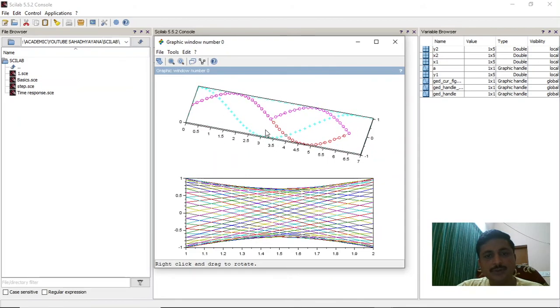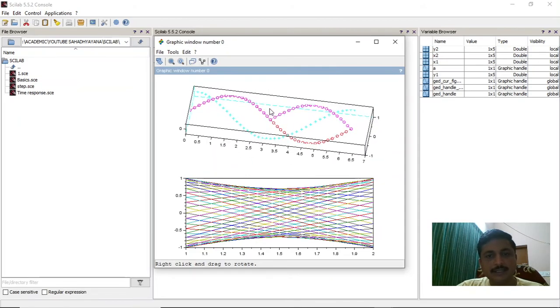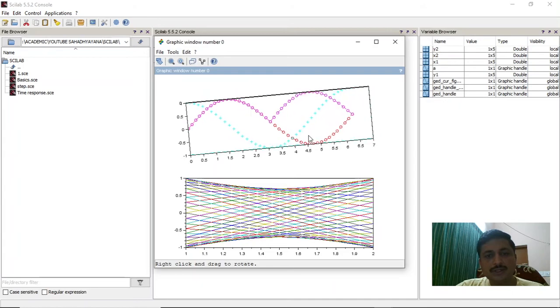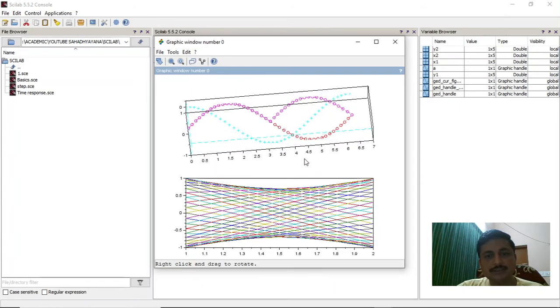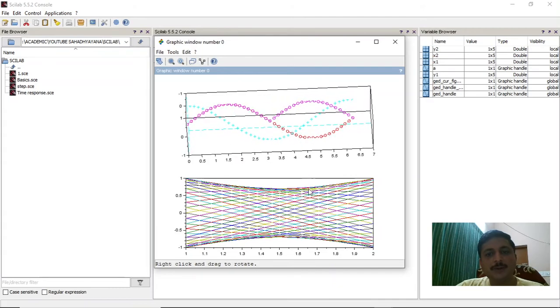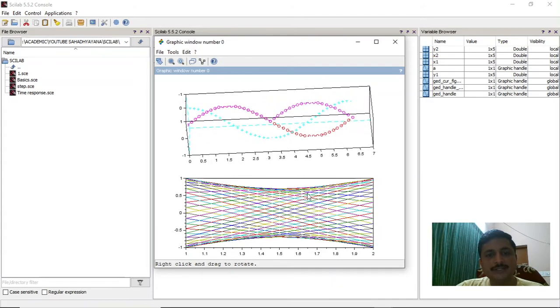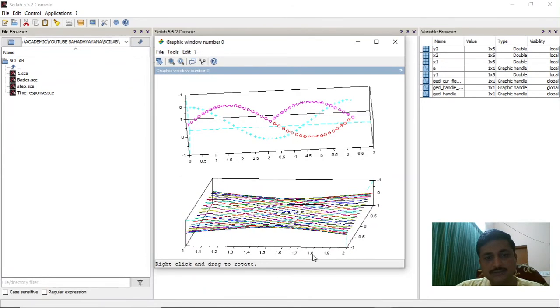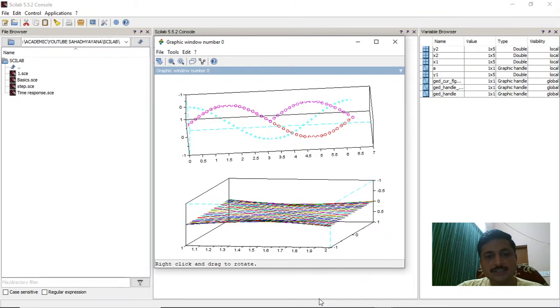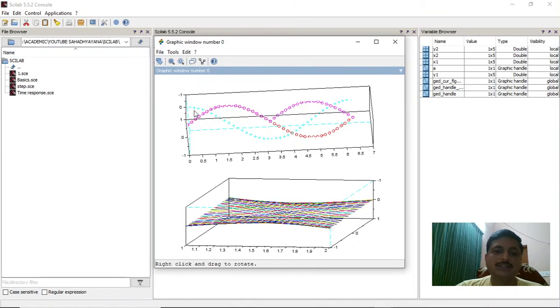So you have to do right click here, and use your mouse pointer to rotate. This is nice. This is a very good property Scilab gives us, when you can look at this graph, how it looks like from all the directions. So these are the two interesting and useful properties we have.